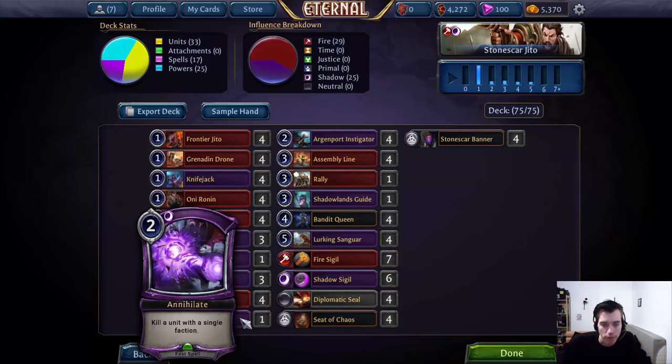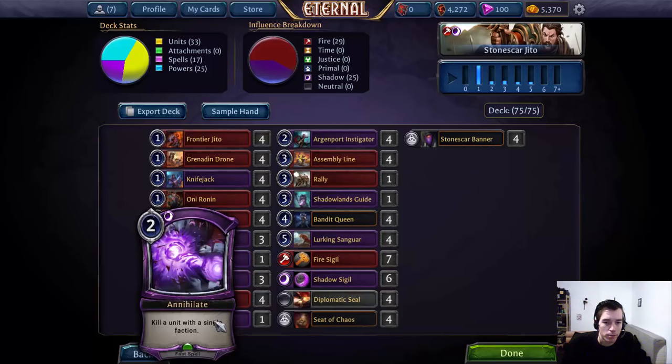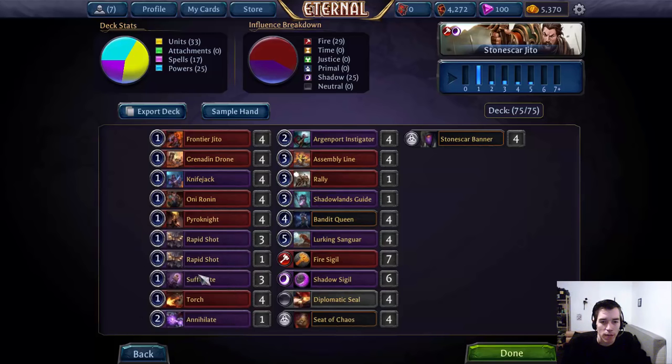And last but not least, instead of the 4 Suffocate, I decided to run 1 Annihilate, because past a certain point, if you draw too many Suffocates, you might run out of good Suffocate targets, and Annihilate is a bit more flexible, and sometimes it actually matters that you might want to kill that impending Doom or Titan or whatever, but most of the time it's better to just